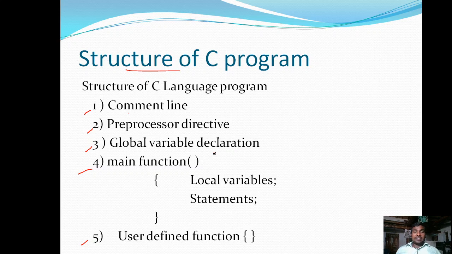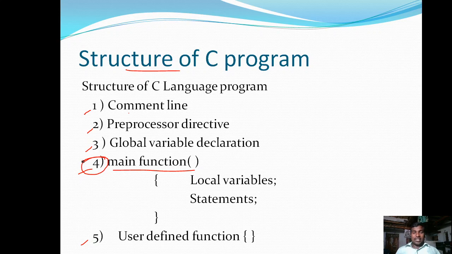For example, every C program must contain at least one main function. Whatever code you are writing must contain the main function. This is the mandatory function, and the remaining ones are optional.